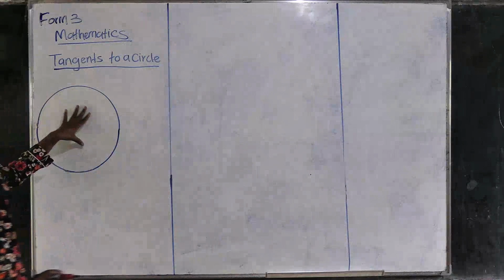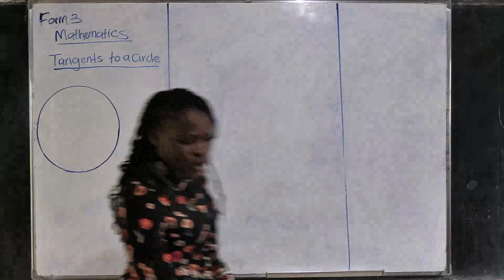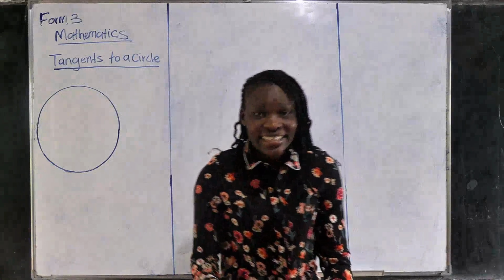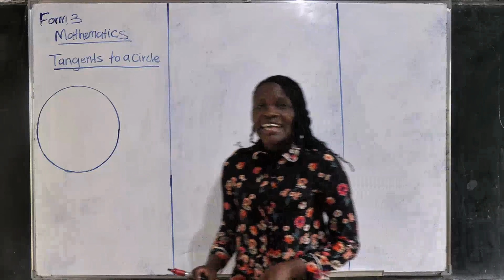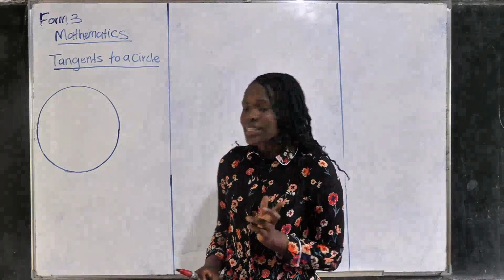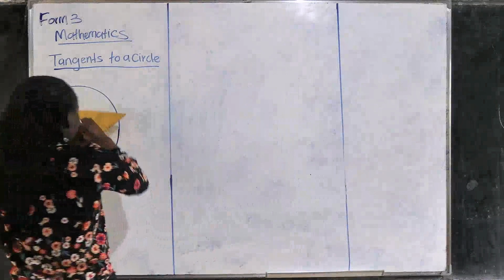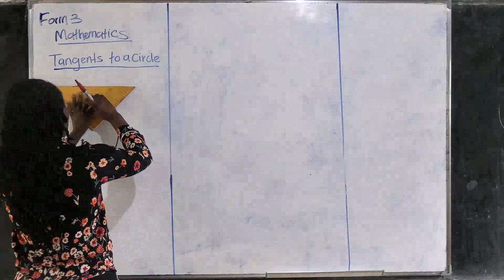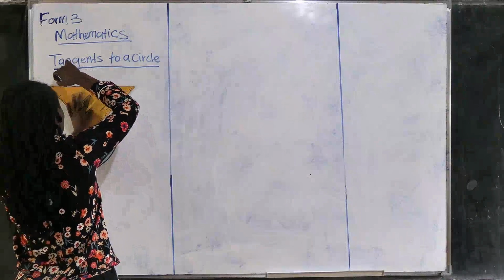This is our circle. So we'll say a tangent is a line that cuts at one point of a circle. For example, if this is a circle and a line cuts at this point,